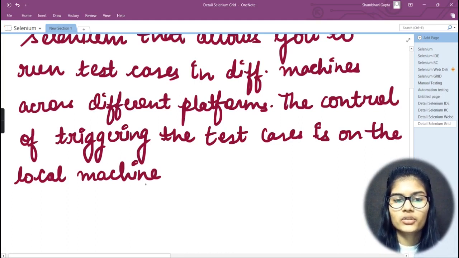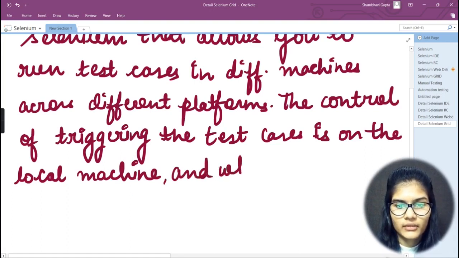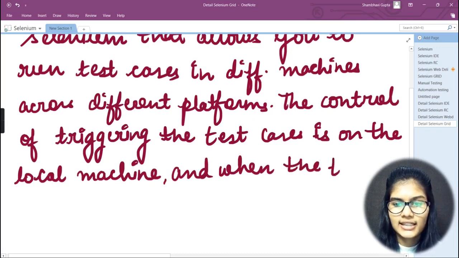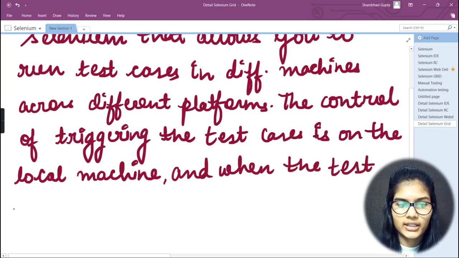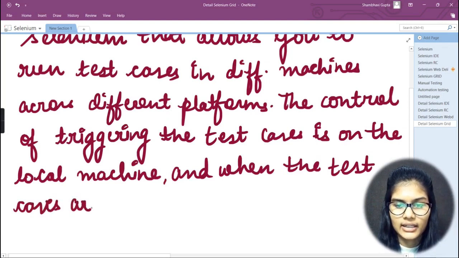Basically, on the local machine the test cases actually run, and when the test cases are triggered,